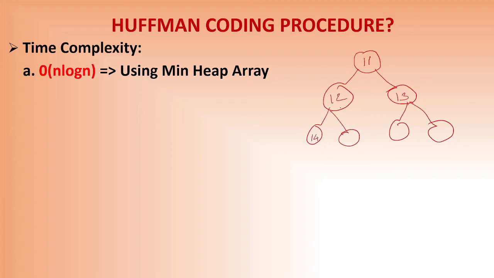Now 12 is the root, so 12's children will be bigger in size. Similarly, 13 is smaller, so 13's children will be bigger in size. So this is called a min heap, and data is stored in the form of an array inside a computer. Computers use data structures for storing data. One of the data structures is the array. Now in the array, suppose it is a min heap array, then data will be coming in order.